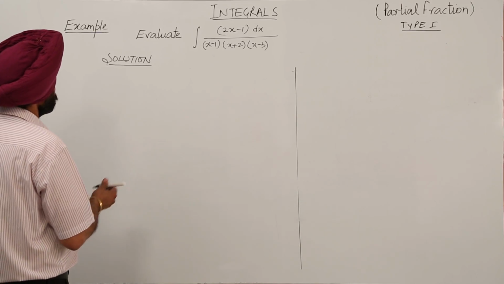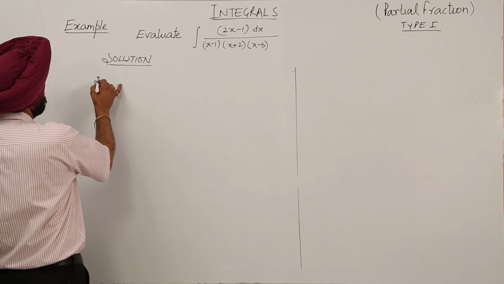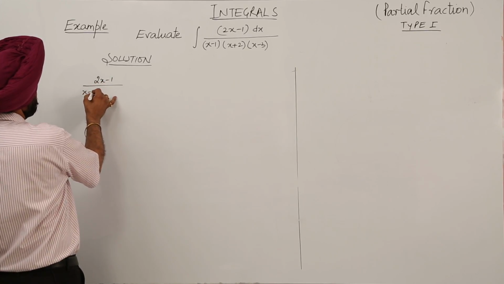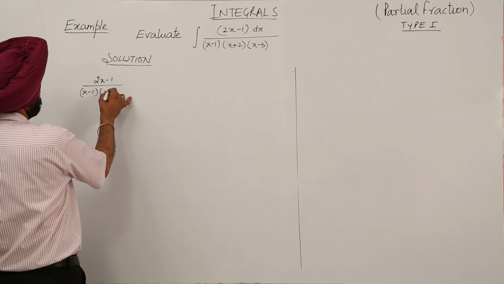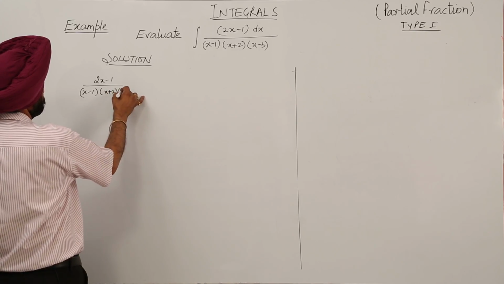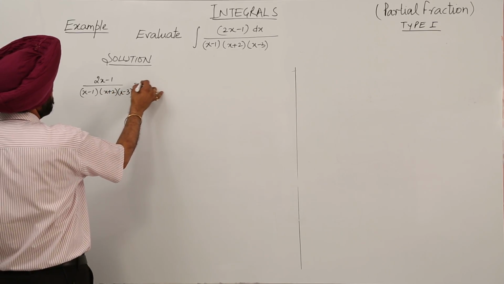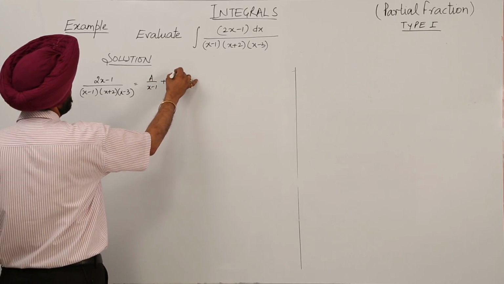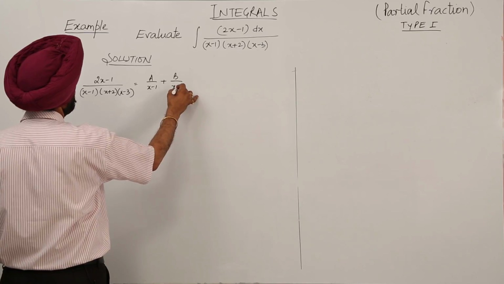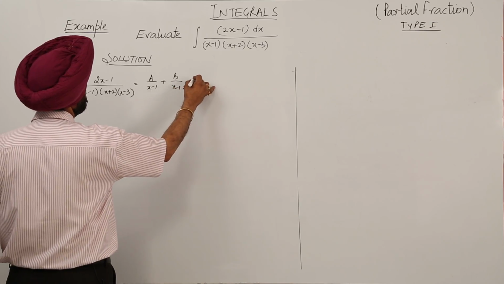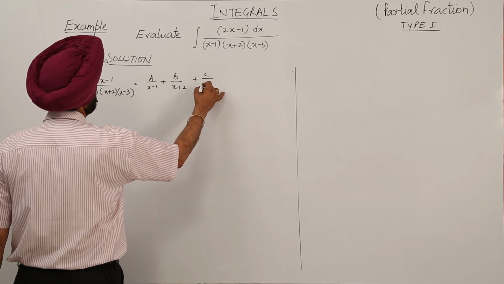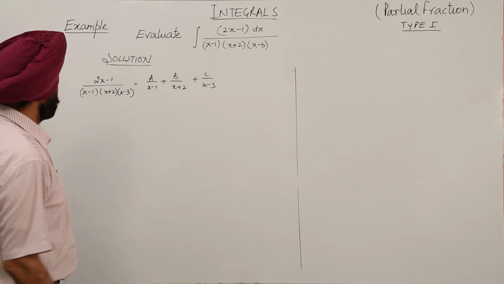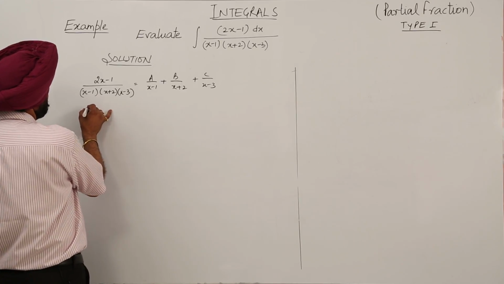We can write this question (2x + 1)/((x - 1)(x + 2)(x - 3)) in the form of A/(x - 1) + B/(x + 2) + C/(x - 3). First step. Now, next step is